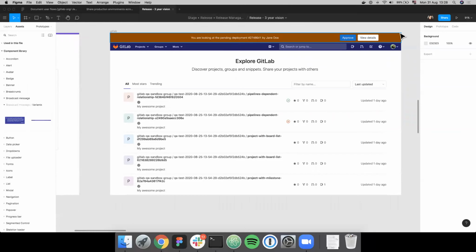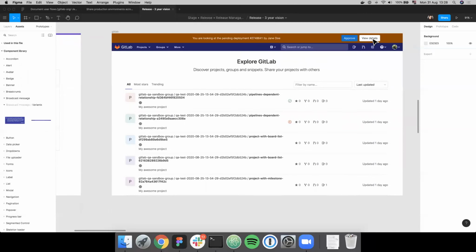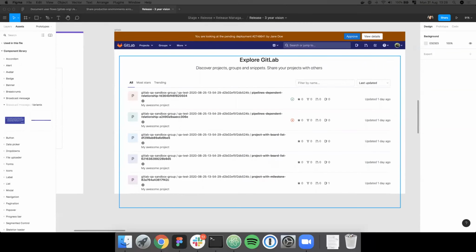So that's why you see, and this is just a quick and dirty prototype, some UI here saying, hey, what you're looking at is something that is still pending. Do you want to approve or do you want to see details? That's what they ask in flow B. So if you approve, as per their description here,